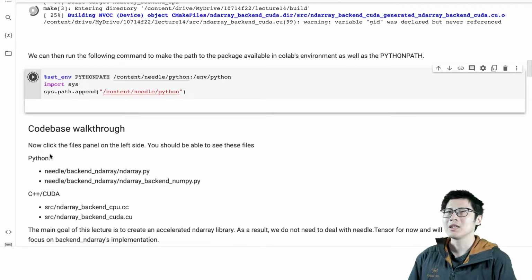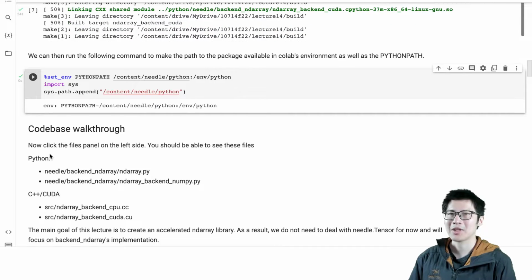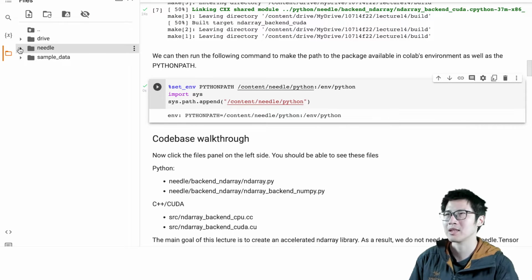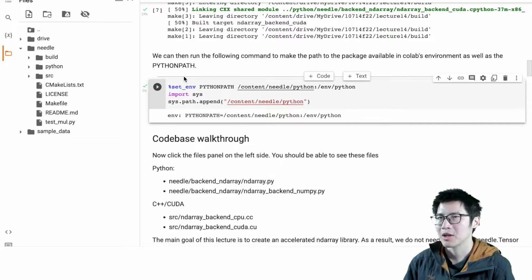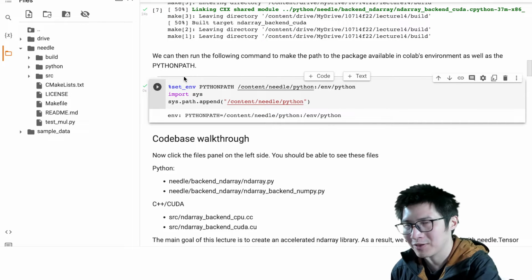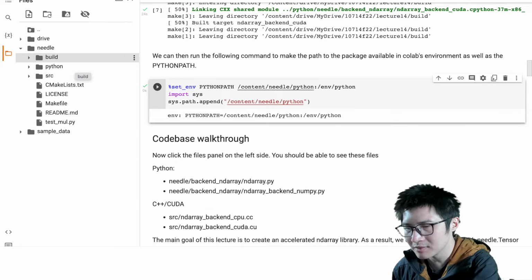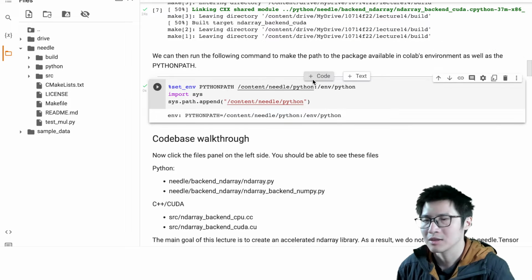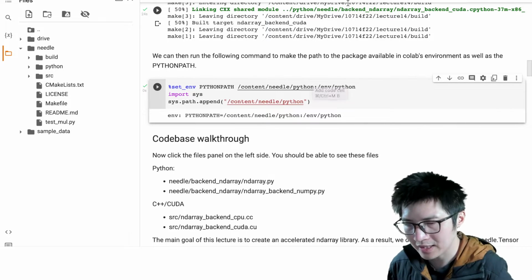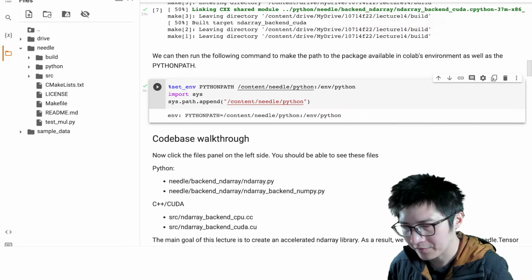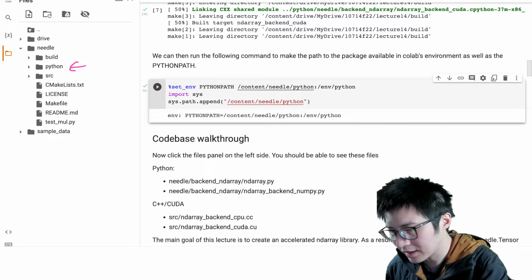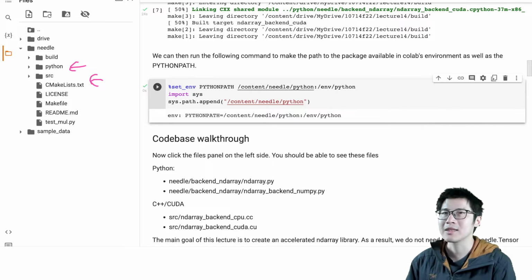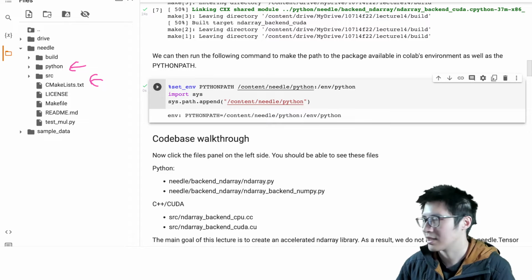Okay. While we are building, let's take a look at the new code base that we have and compare what's the difference between this code base and the previous ones. Of course, we have our old friends, the set of Python files, the CMake list, and a few other cases. Besides this, we also have